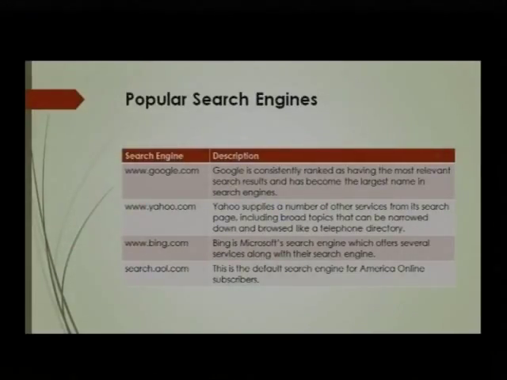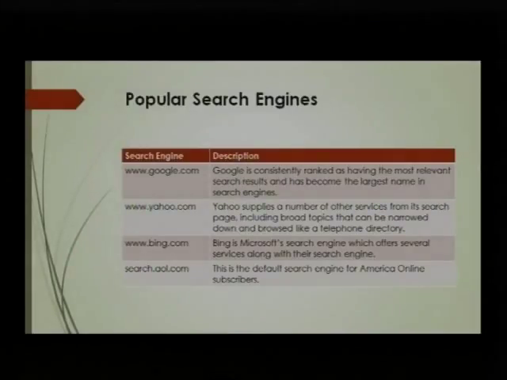So what are the popular web search engines? We have seen what is a search engine, why do we need search, so the next topic is how do we search. One of them is www.google.com. This is a URL for the Google search engine. If we type this URL in the address bar of the browser, then the Google page will open. Google is consistently ranked as having the most relevant search results and has become the largest name